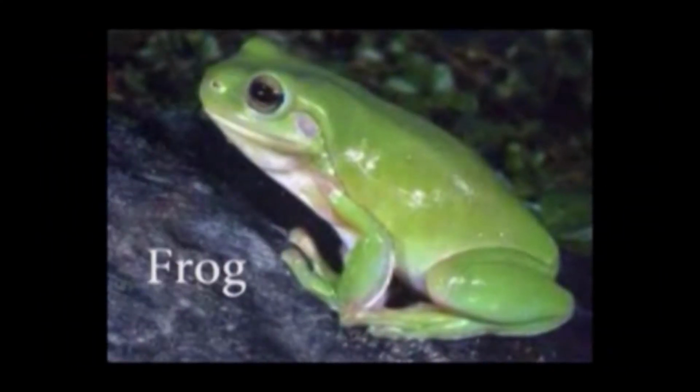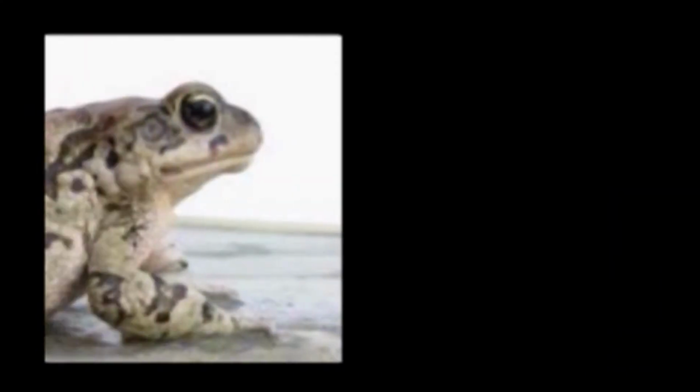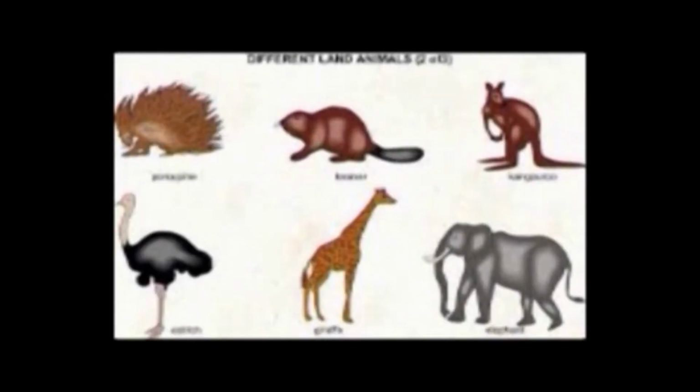Hello students, you have learnt about adaptation of animals that live in water and those that live in both water and land, that is, amphibians. In this lesson, you shall learn about adaptation of terrestrial animals, that is, animals that live only on land, whether on, under, or above land surfaces.